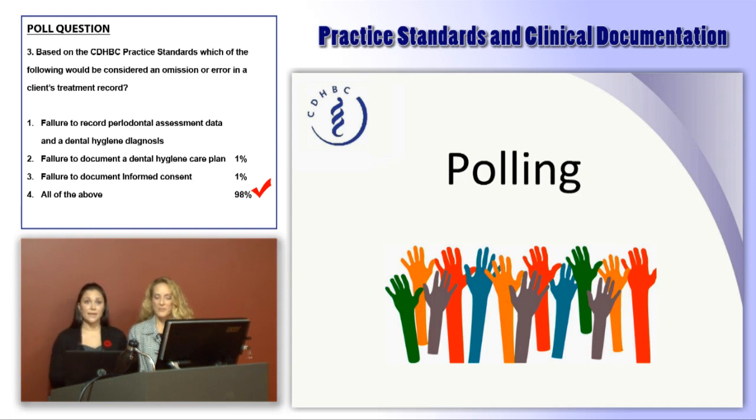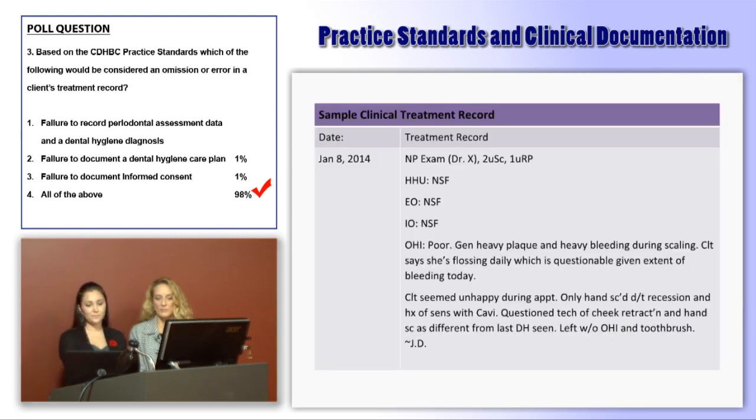For example, there was a case recently reviewed by the committee where a complaint was made against a dental hygienist from a client, and as part of the investigation, the dental hygienist submitted this client's chart documentation. And apart from any financial information and the medical history information that were in other areas of the chart, the following was the full chart documentation completed by the dental hygienist. So you can see here that there was a new patient exam completed, Dr. X, 2 units of scaling, a unit of root planing, health history update was done,